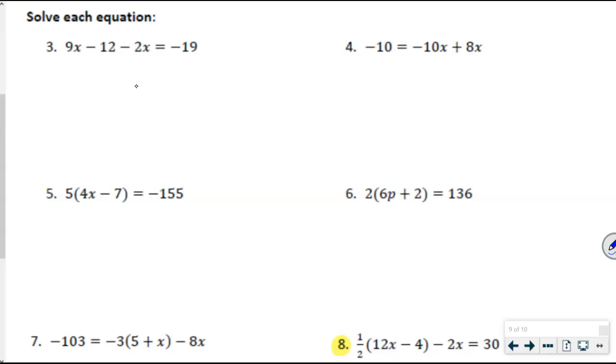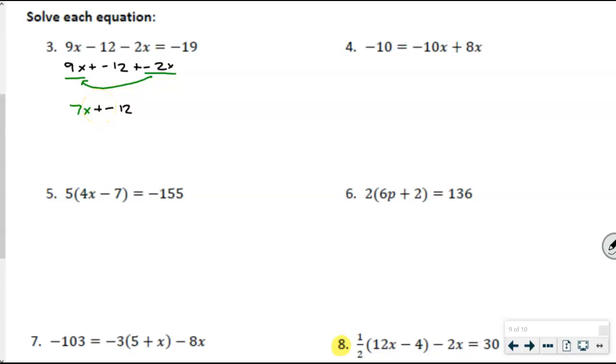Okay, the first one that I'm going to do on the recording is number 3. Remember, we're simplifying the expression part first, and then we're going to treat it like an equation and solve it. But I have 9 positive x tiles here and 2 negative x tiles here. So I know that I can combine those like terms. It still is a good habit to change your subtraction to adding a negative. That way it makes sense why we can just pick up these negative tiles and move them over here to join these positive tiles. When I do that, I end up with 7x tiles